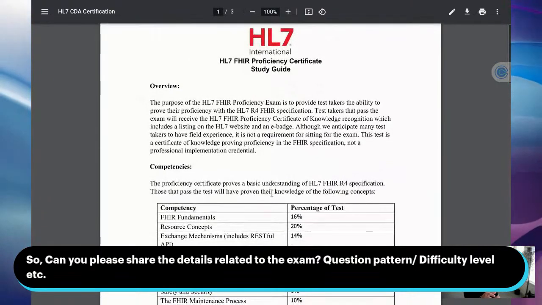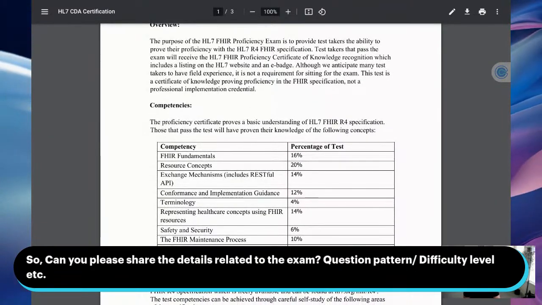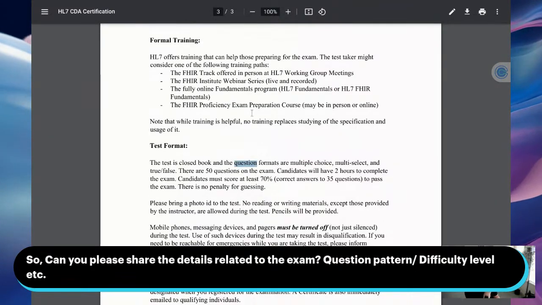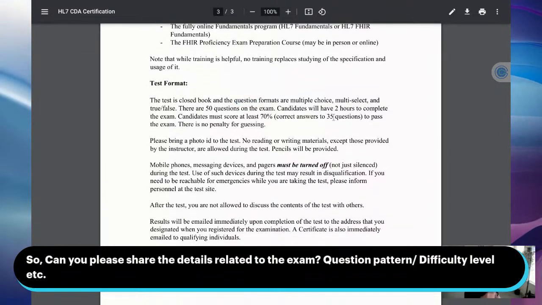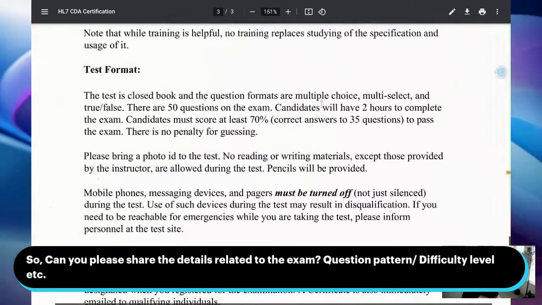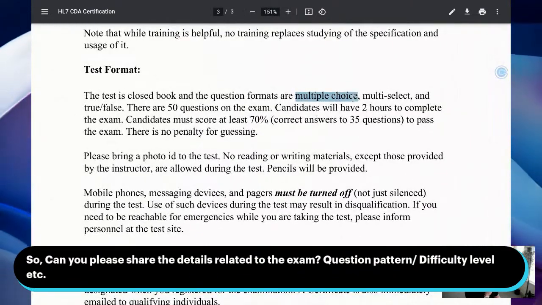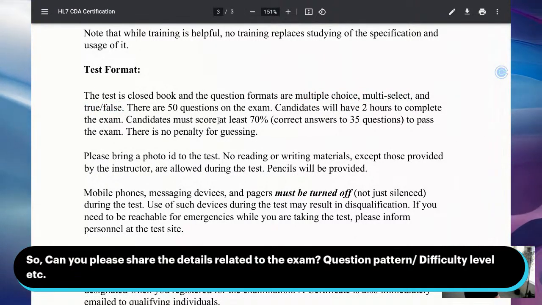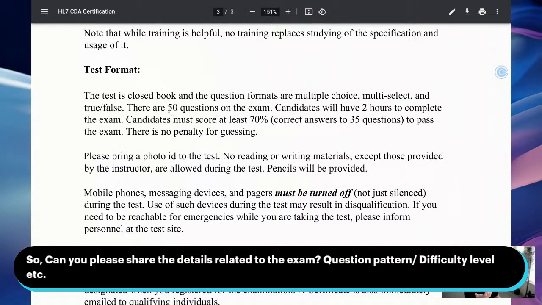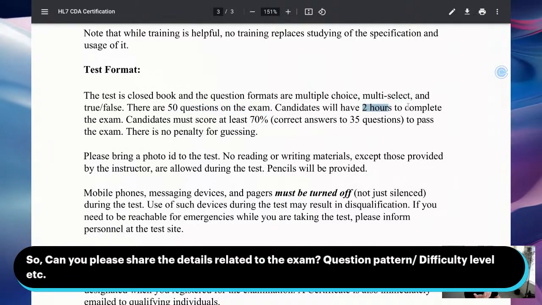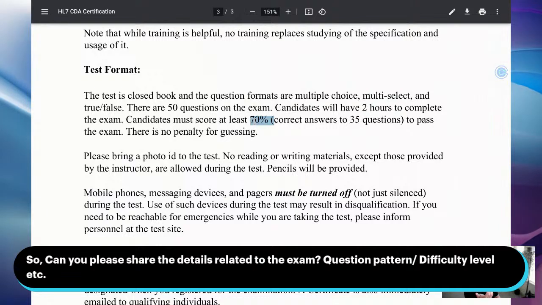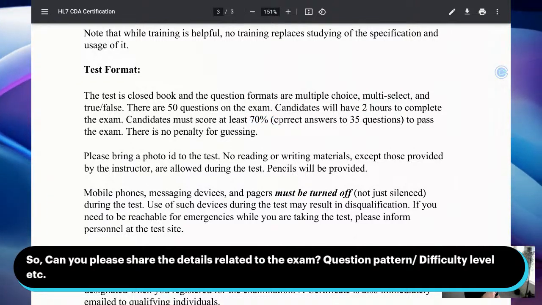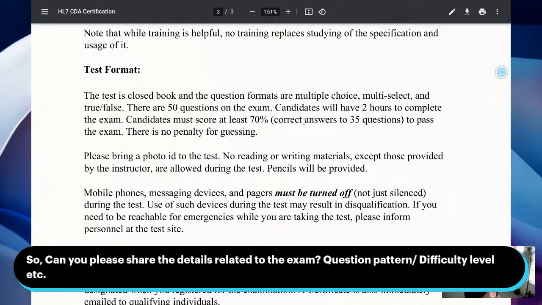The question patterns, I don't know if they talk about that here. Let me see. Yeah, here it is. The question patterns they mention are multiple choice, multi-select, and true and false. I can confirm that. Those are the types of questions you get. There are 50 questions, you get 2 hours, and you only need a 70% to pass. The difficulty level,